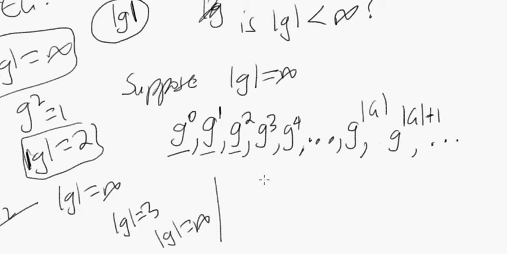Well, how could we rephrase it? Suppose that for some natural number i, we have g to the i